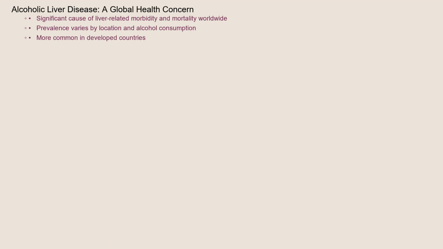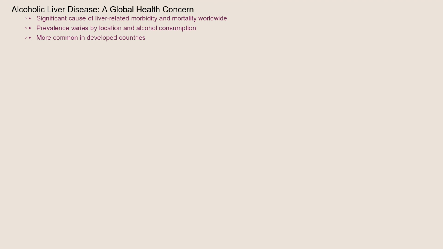Alcoholic liver disease is a significant global health concern. It is one of the leading causes of liver-related morbidity and mortality worldwide. The prevalence of ALD varies depending on geographic location and alcohol consumption patterns. It's more common in developed countries with higher rates of alcohol use. Men are generally more susceptible than women, although women are more likely to develop liver damage with lower levels of alcohol consumption. Socioeconomic factors also play a role, with higher rates often observed in populations with limited access to healthcare